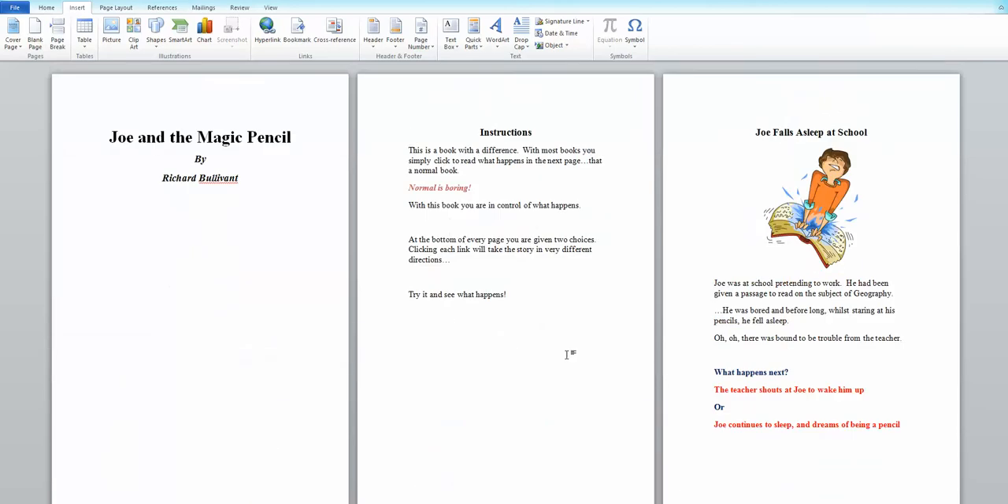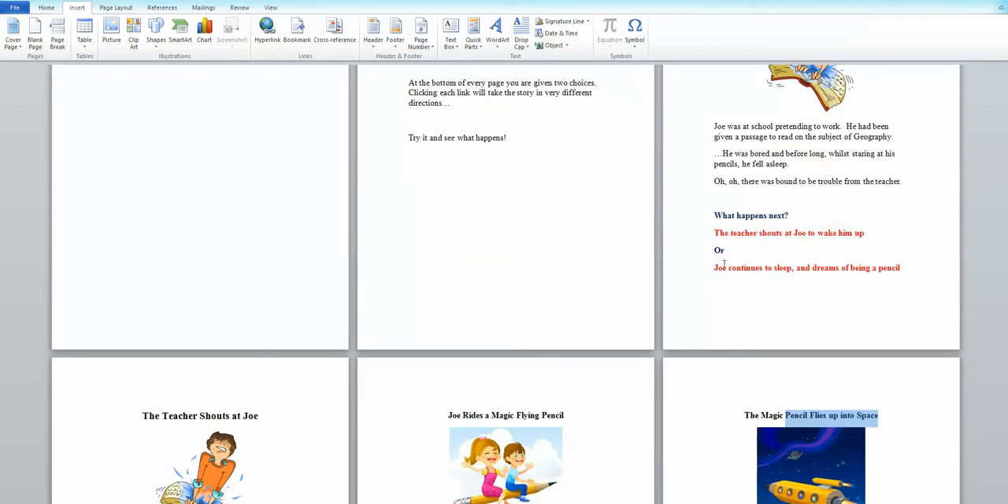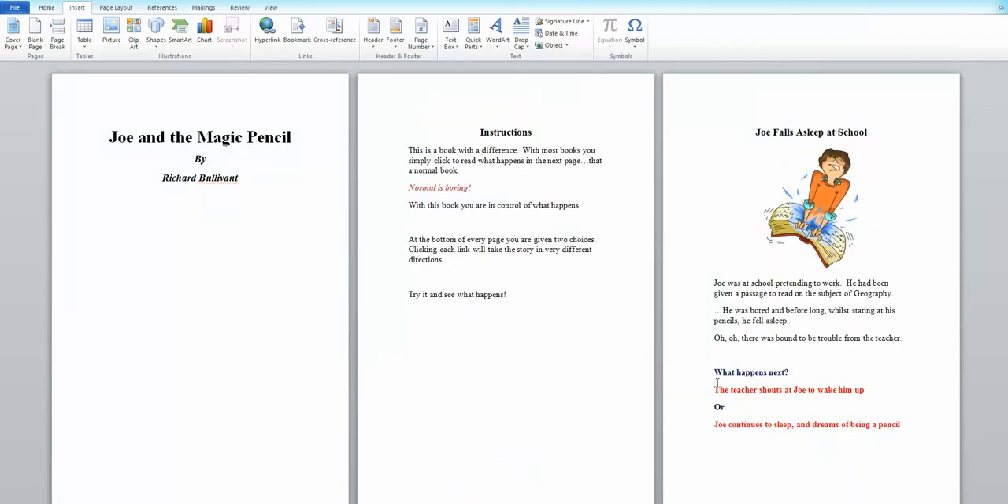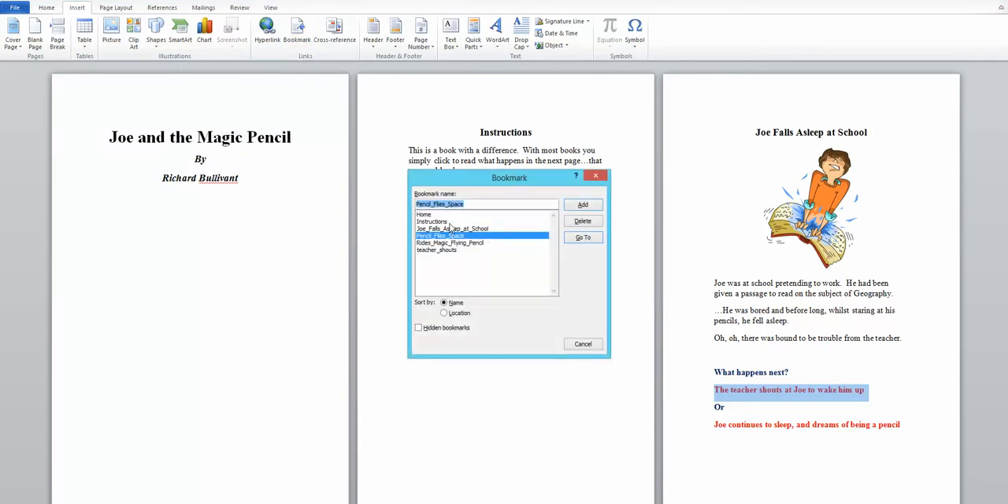Right. Now we want to make these interactive. So what we do here, we drag the cursor over here to highlight that, and we go up to, instead of a bookmark, we go up to hyperlink, and we've dragged the cursor and highlighted teacher shouts at Joe to wake him up. And so we go to bookmark, and we've got teacher shouts. So what we do is we click on that one,